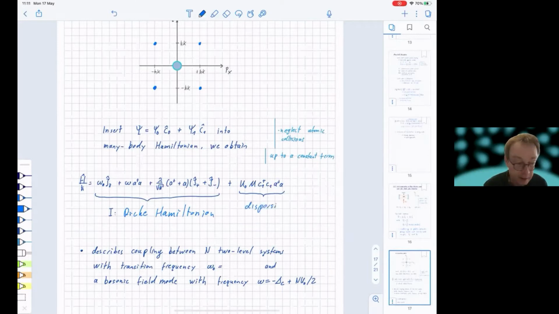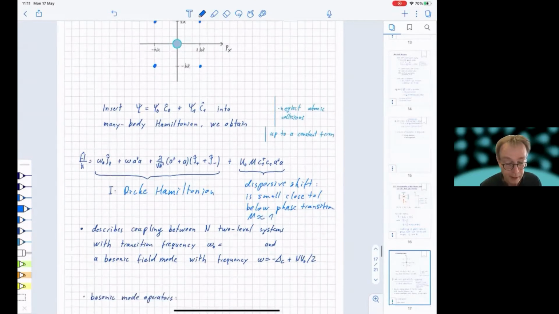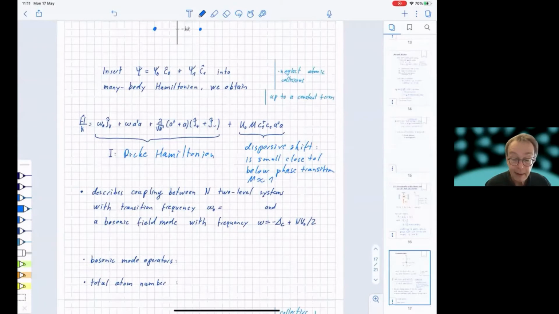Dispersive shift, small, close to or below the phase transition. When M, that's just a matrix element, it's roughly 1. Okay, and this two-level